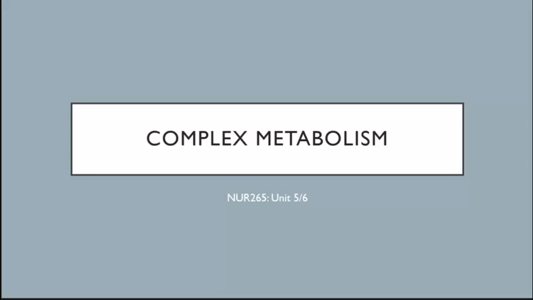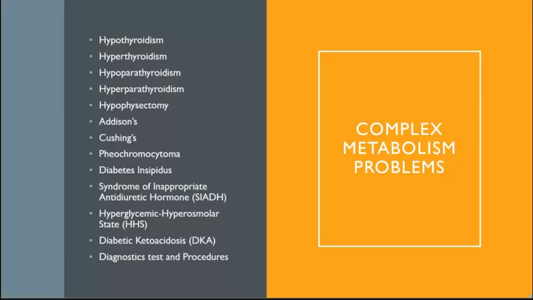Unit 5-6, talking about metabolism, but really it's your endocrine system. So things that we have to understand in Unit 5-6 is our thyroid. If we're producing too much thyroid hormone, that would be hyperthyroidism. If we don't have enough, it'd be hypo.